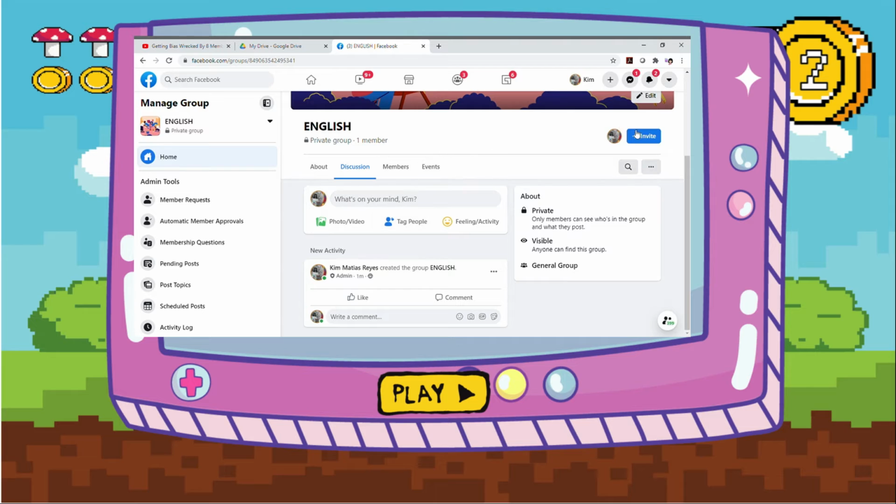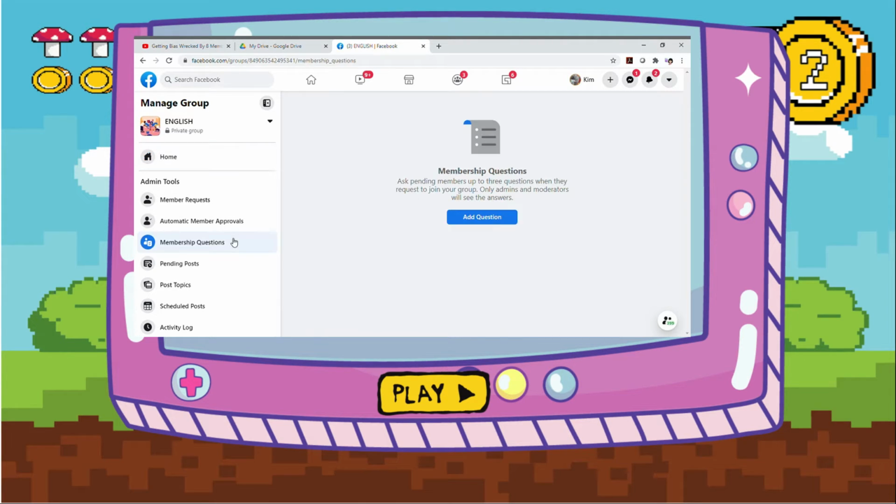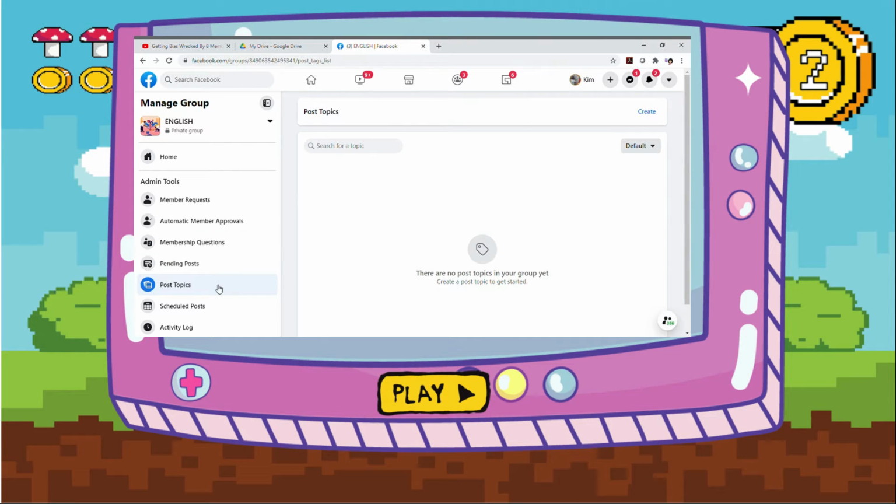You can invite members, and also you can create membership questions that students who try to join the group will answer. You can also create post topics so that your posts are organized. You can make some posts under announcement, deadlines, assignments, video tutorials. So it's really depending on you. And then you can also